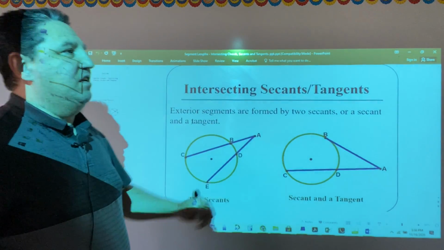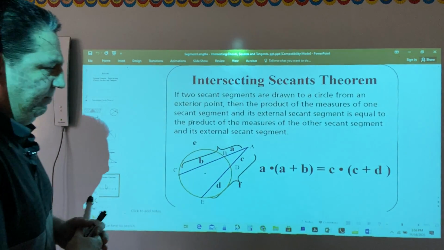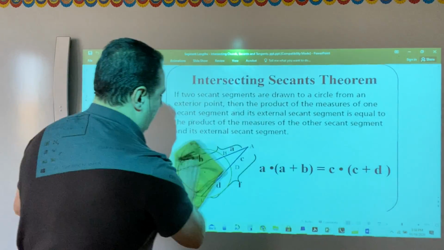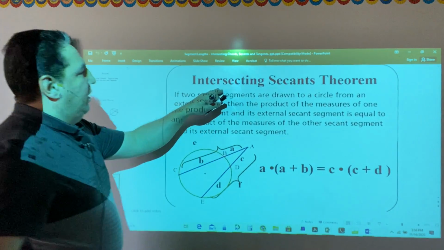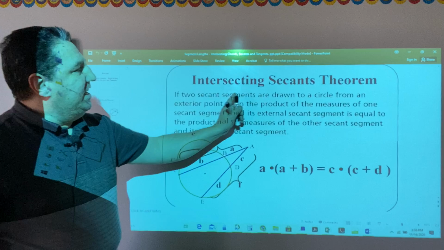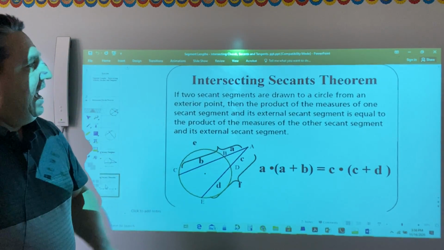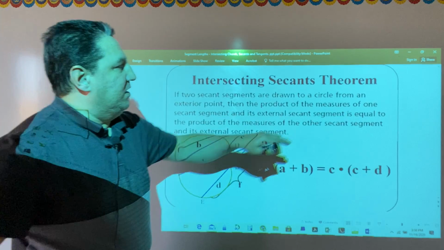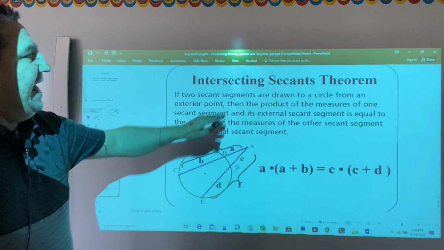When we have such cases, we have another theorem. Now, if 2 secant segments are drawn to a circle from an exterior point, A, then